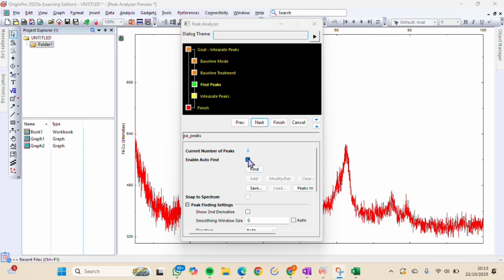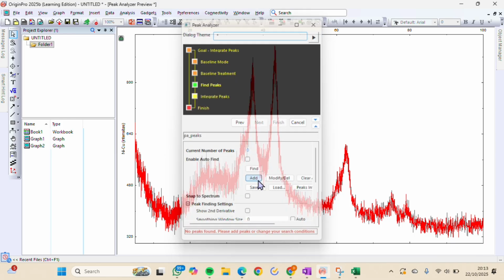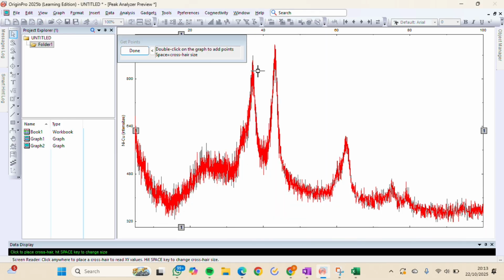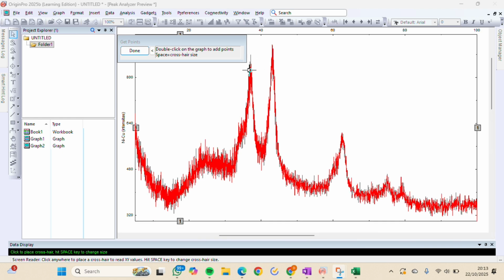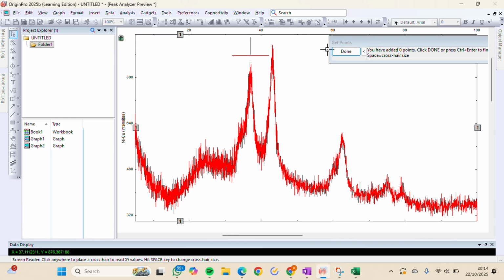Okay, in the find peaks, we uncheck the enable auto find and we click the add, and in this page we select the Hexis peaks by double click on it, and after clicking we press down so that the peak data is recorded with the sentence is you have added 1 point.